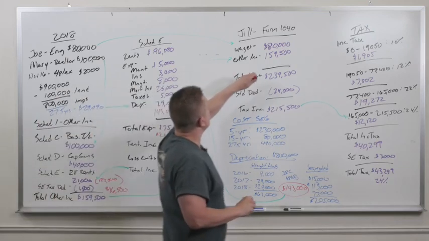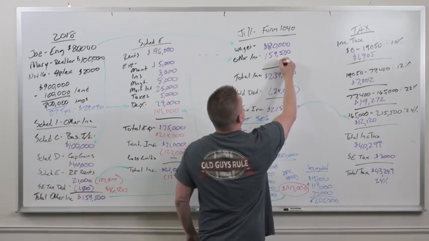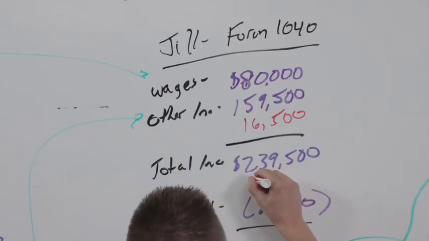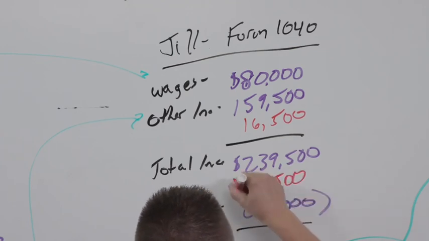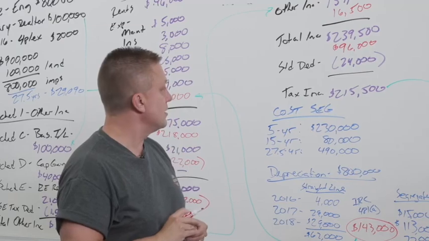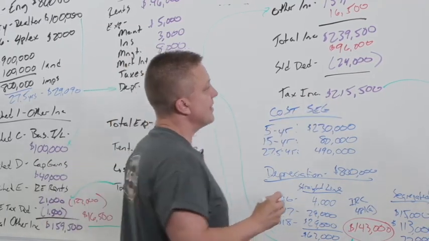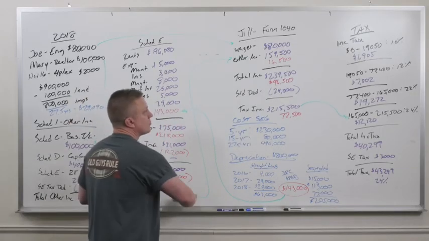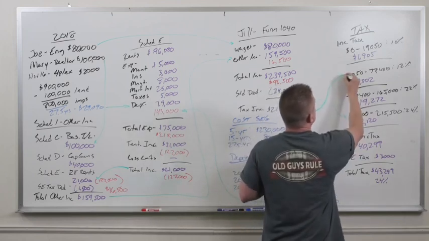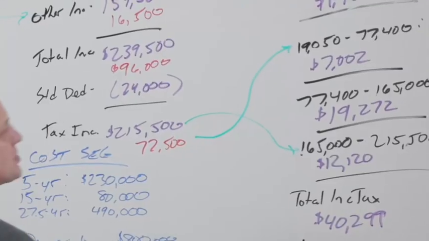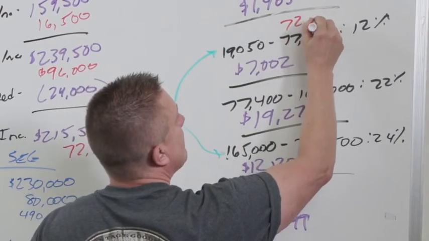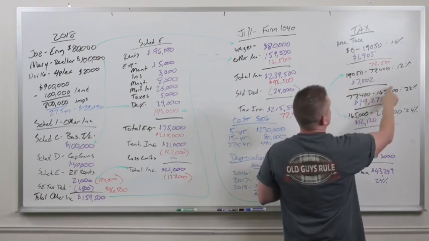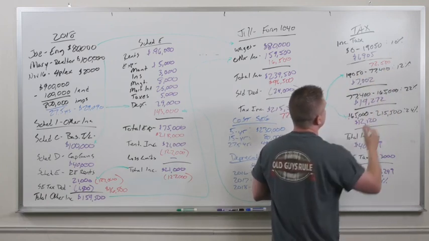Run it through, draw the line up here, this $159,500. Now back on Form 1040, $16,500 plus the $80,000 is $96,500. We still have a standard deduction of $24,000. So now their taxable income drops from $215,500 to $72,500. Running it through the calculation here, this actually gets plugged in up here and caps out. This 77.4 caps out at 72.5. So now this 72.5 caps out this bracket at 12%. 72.5 minus 19,050 is